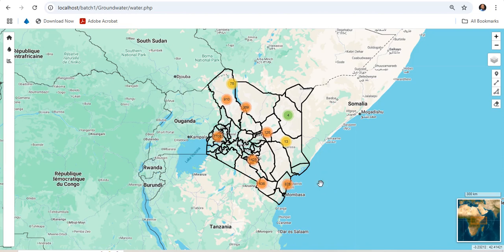Hello all and welcome to this presentation about a WebGIS portal regarding Kenya's groundwater management system. This is a portal which has been developed using open source technology. I mainly used HTML, CSS, JavaScript, as well as jQuery for the front end, and I've handled the backend logic